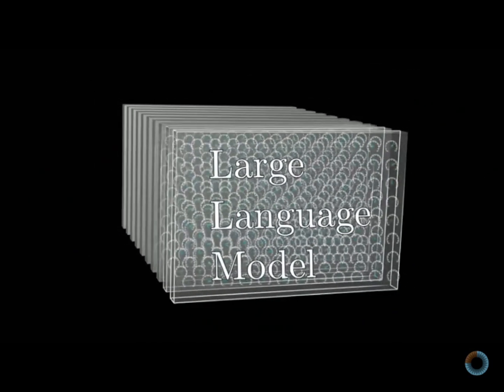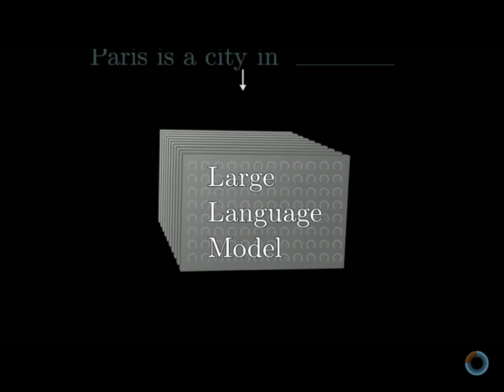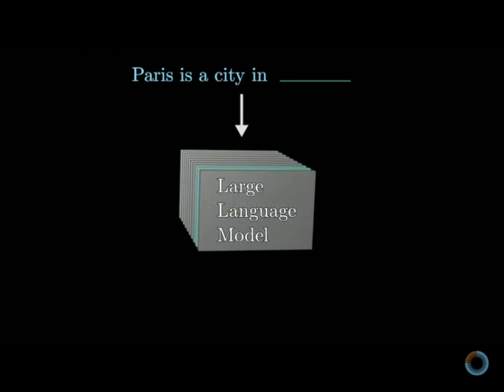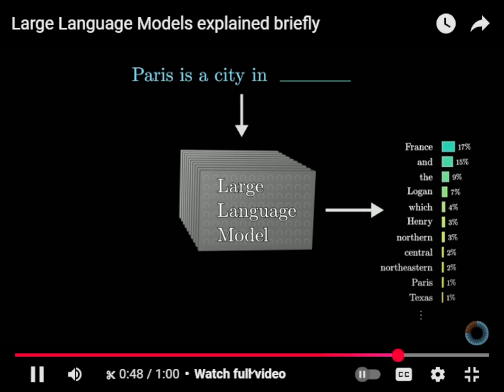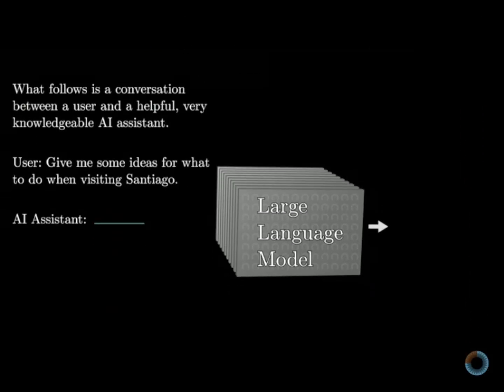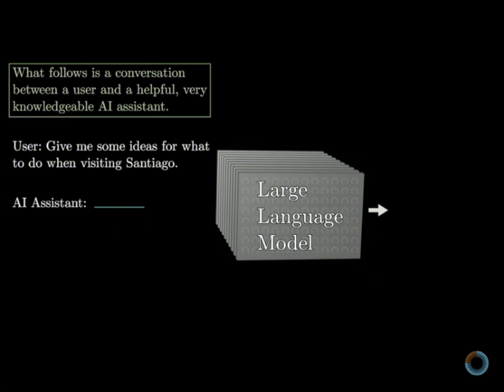A large language model is a sophisticated mathematical function that predicts what word comes next for any piece of text. Instead of predicting one word with certainty, though, what it does is assign a probability to all possible next words. To build a chatbot, what you do is lay out some text that describes an interaction between a user and a hypothetical AI assistant. You add on